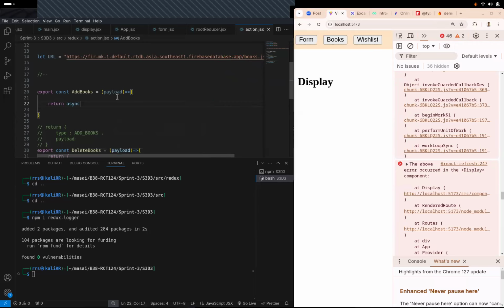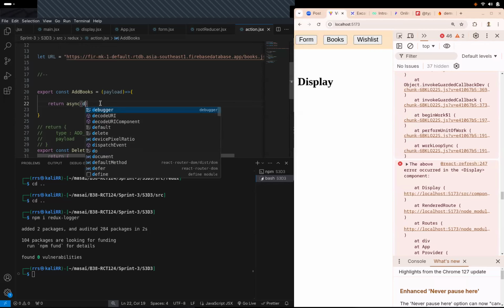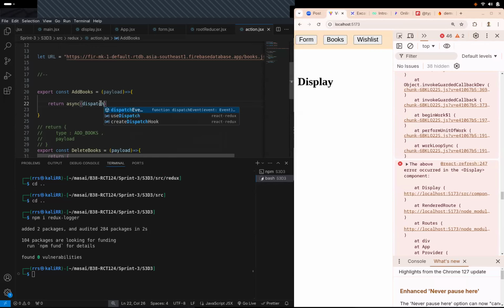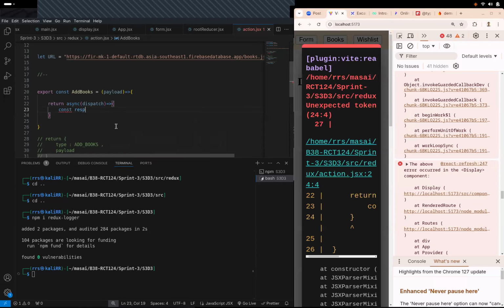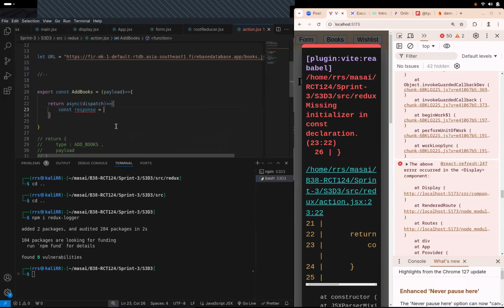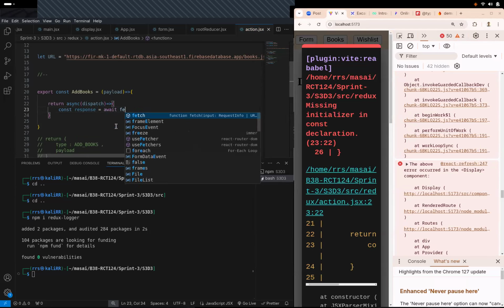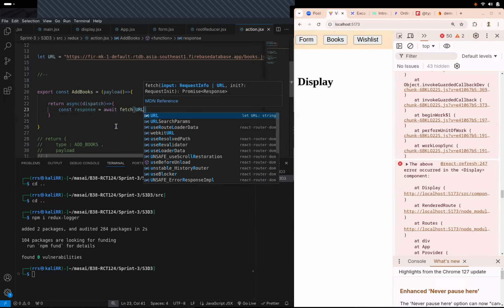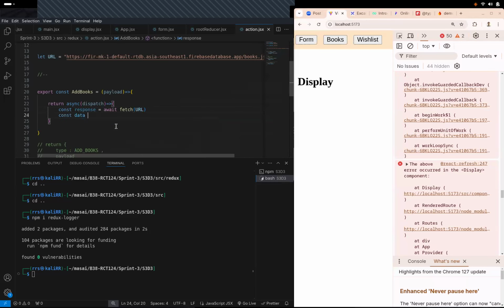So let's say async function, and we need dispatch over here also. Okay, we can just send dispatch as this only. We'll just call this parameter that we are sending dispatch, right? And over here what we want to do is we want to fetch, right? So let's say const response, and we want to await from fetch with the URL that we have done over here, right? And after that, const data equals to,